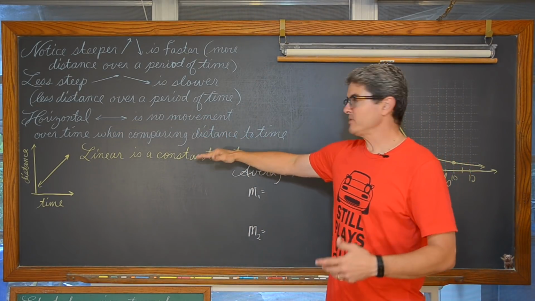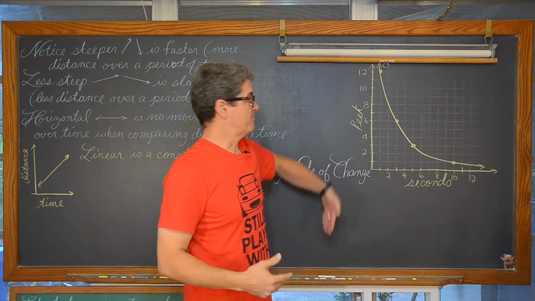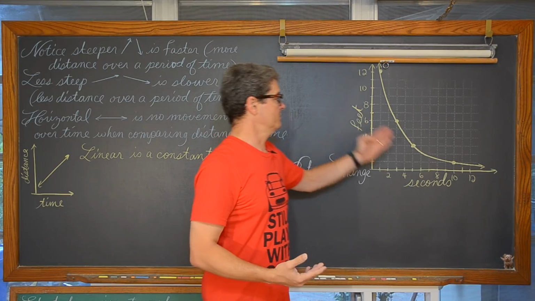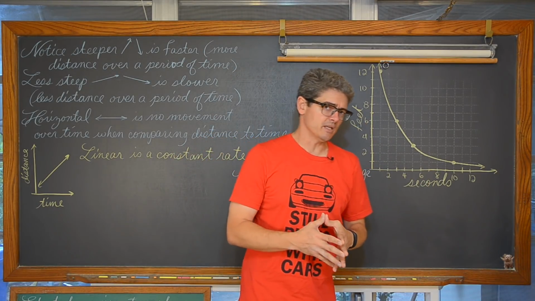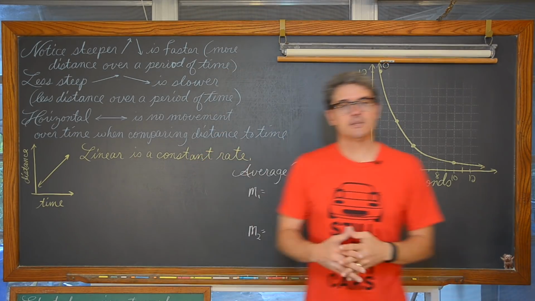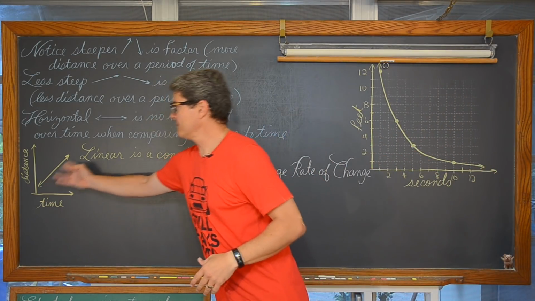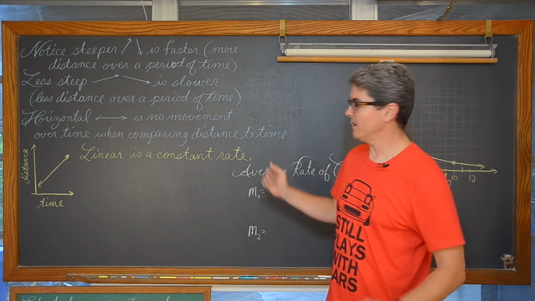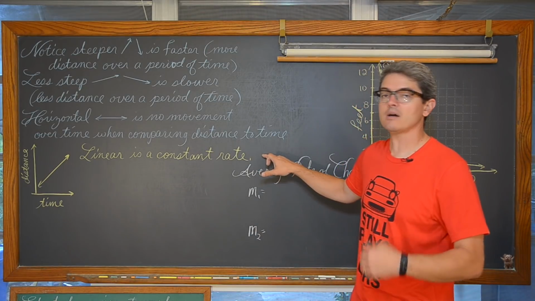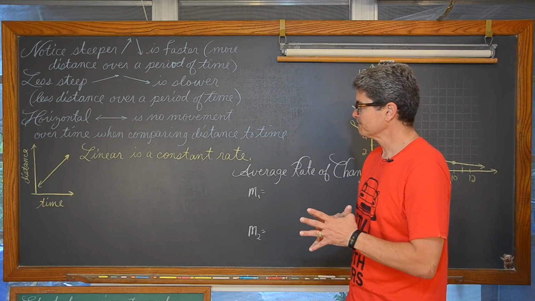And I do make that footnote about comparing distance to time because maybe your vertical scale is a particular speed or rate of change. And of course, you can be comparing any two variables that are quantitative, just numerical, on a scatter plot or graph. So this is just specific to that distance over time. If you have a linear segment or a line within your graph comparing distance to time, then that is what is called a constant rate of change or a constant speed.